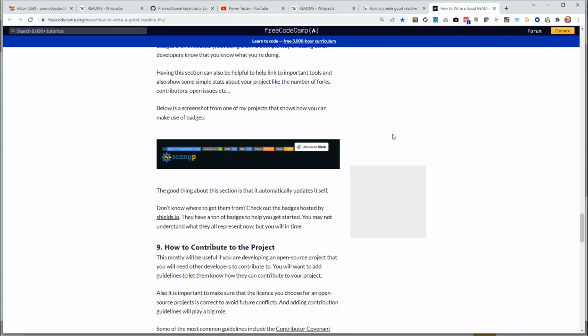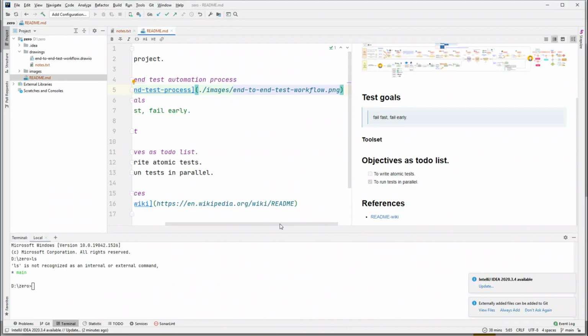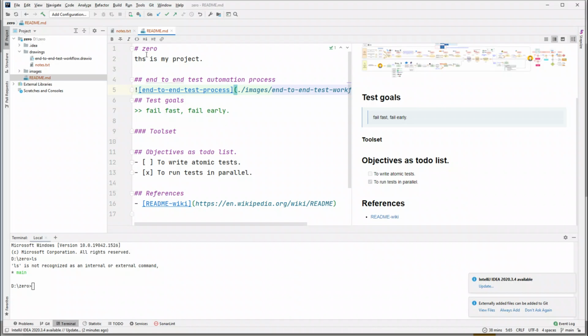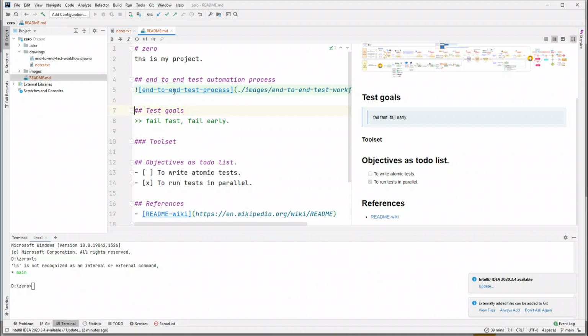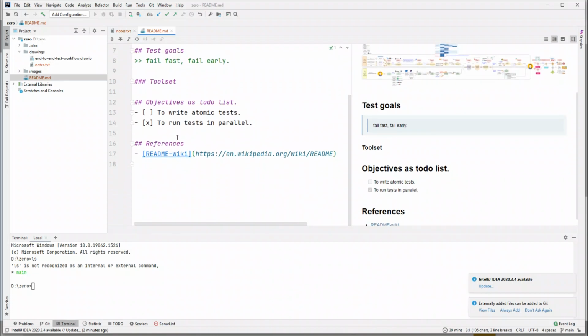So I think for this video it's sufficient to talk about readme files, and in the next video what I want to do is I really want to update these sections about what this project is about, what our test goals are, what our working principles are, maybe add this image, add some objectives, add some references, so that from next video onwards you should be able to know what we are trying to achieve in this series of videos. So I hope you learned something new or something useful about readme files in this video,